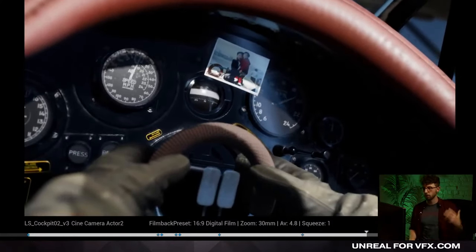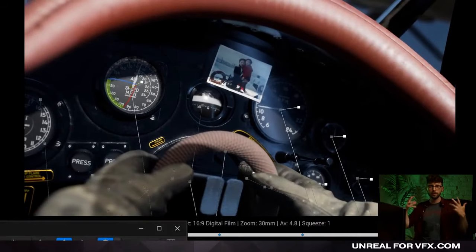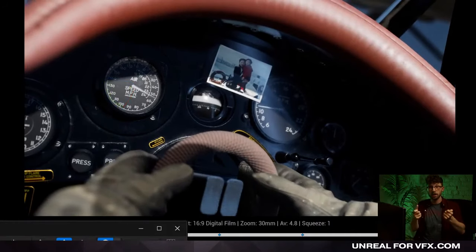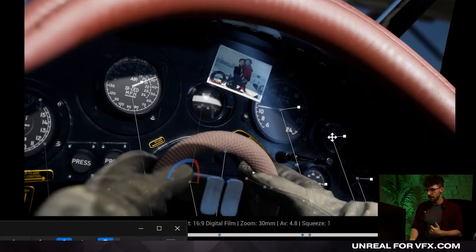We're slowing down our work. We're slower to see this result. I want to work fluid. I want to work fast, and I want to work like I would on set, where I can literally move this camera in and move around the dials and have complete control over that scene all in real time.